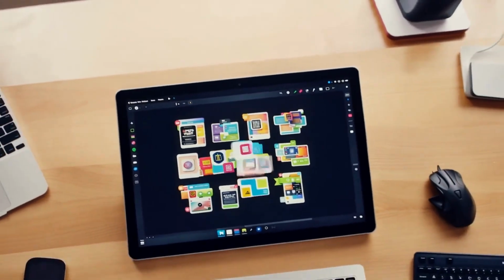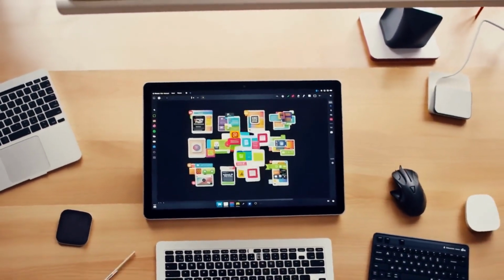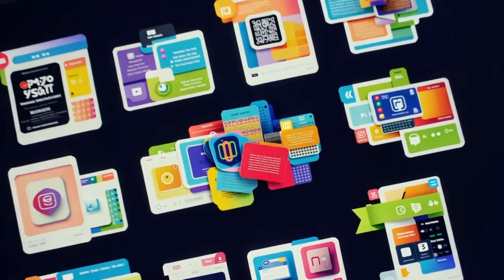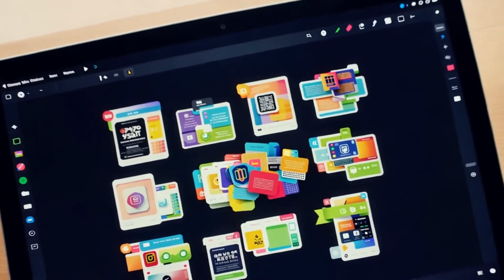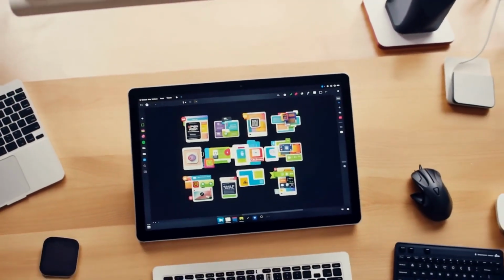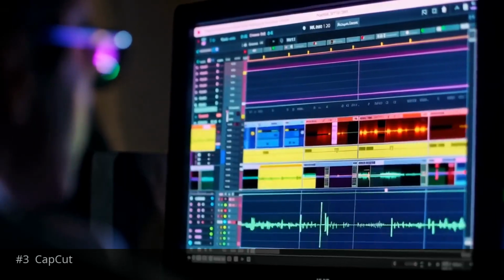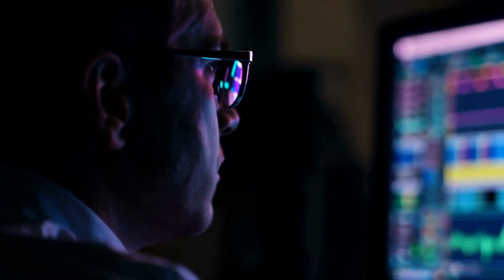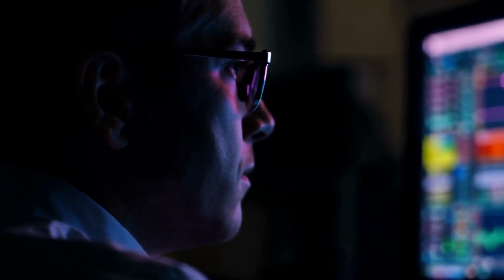The catch: for long-form editing over 15 minutes, CapCut can feel limited. That's where DaVinci Resolve comes in, also free by the way, but that's a video for another day. Tool number 4 might surprise you. ElevenLabs, the same tool Hollywood uses for voice cloning, has a free tier, and it replaces Murf AI, which charges